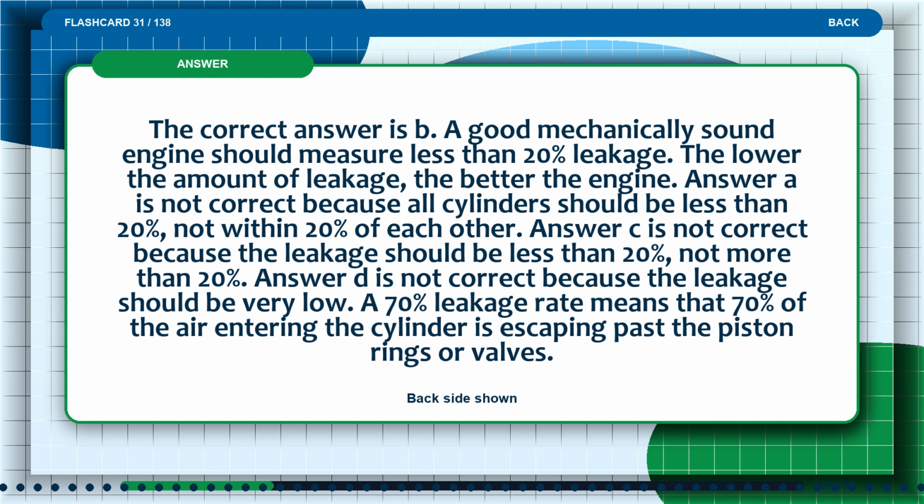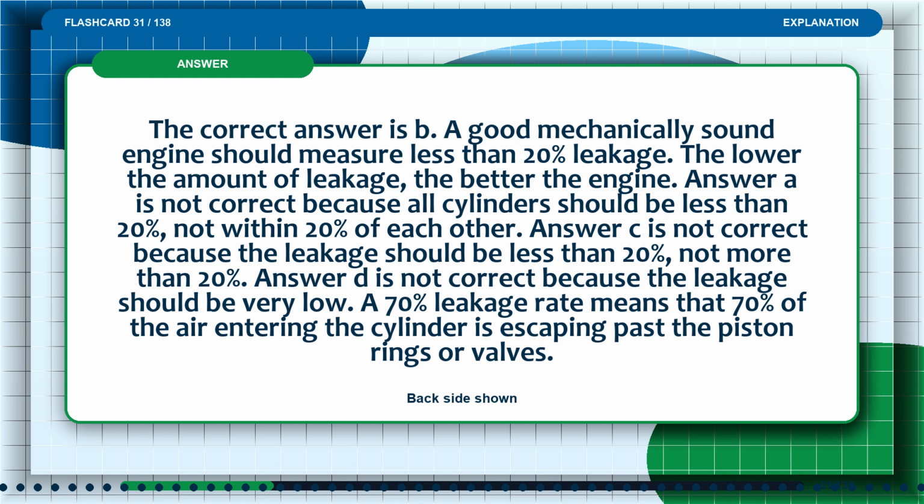Answer A is not correct because all cylinders should be less than 20%, not within 20% of each other. Answer C is not correct because the leakage should be less than 20%, not more than 20%. Answer D is not correct because the leakage should be very low. A 70% leakage rate means that 70% of the air entering the cylinder is escaping past the piston rings or